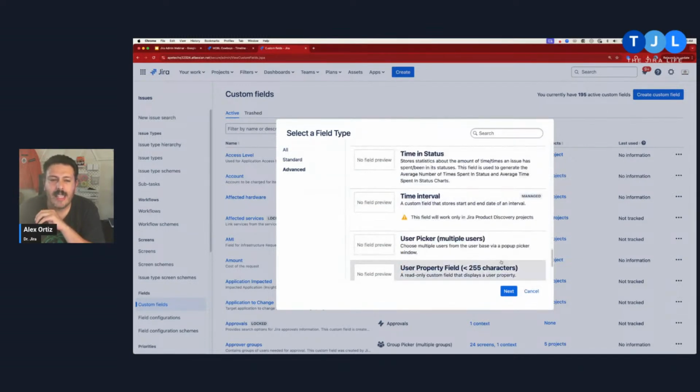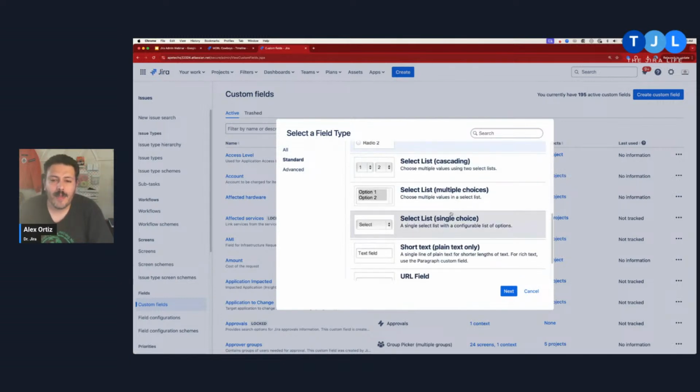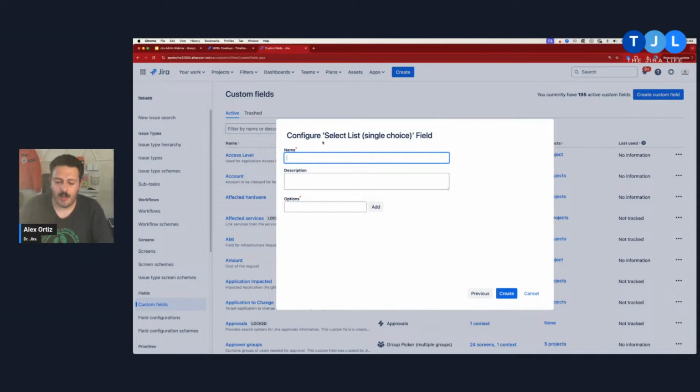All right. So with that said, I'm just going to stick to standard, and I'm going to keep walking you through the steps, and we're just going to create a select list here. And when you pick a select list, right, because again, it's the most common one. You can see that with evidence in the chat. But when I click next, you're going to name it. So we're going to call this one